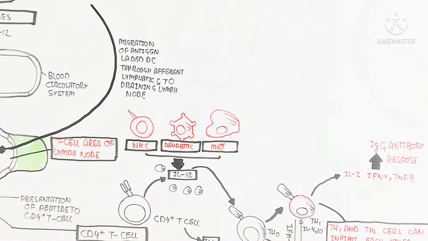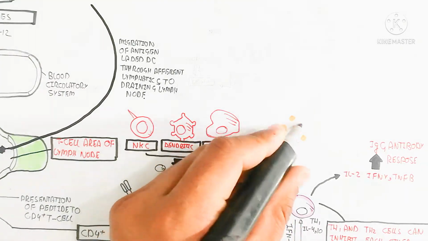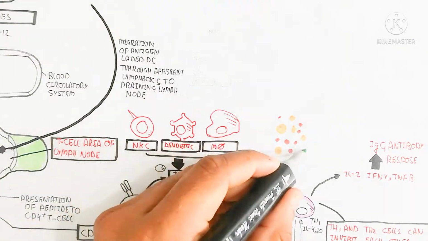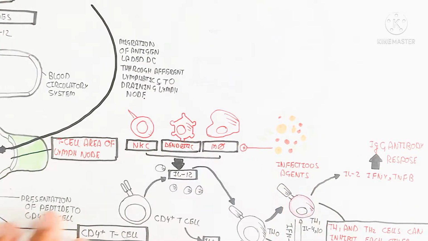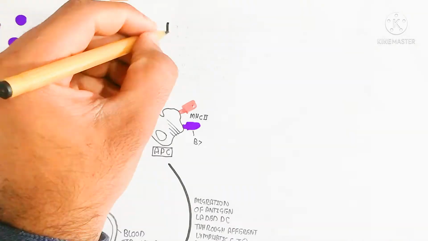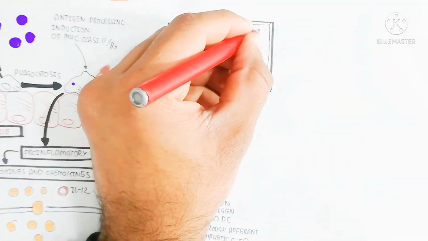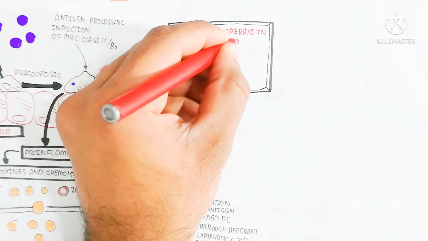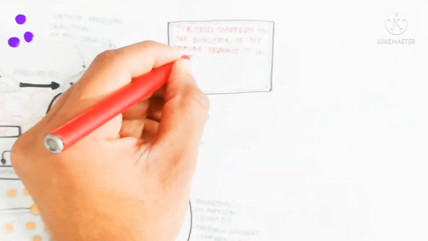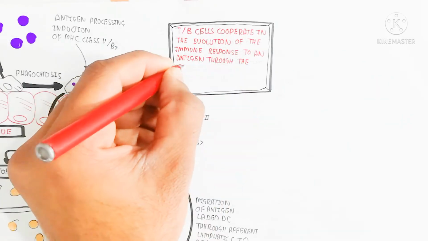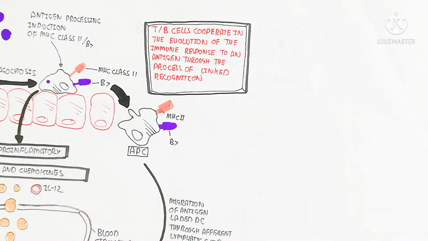And here are the natural killer cell, dendritic cell, and macrophage, which we recruit through interleukin 12. This is the infectious agent which stimulates the natural killer cell, dendritic cell, and macrophage. After the infectious agent is recognized, the natural killer cell, dendritic cell, and macrophage go toward the CD4 T cell through interleukin 12, which is produced from the CD4, and the interleukin 12 is used for recruitment.